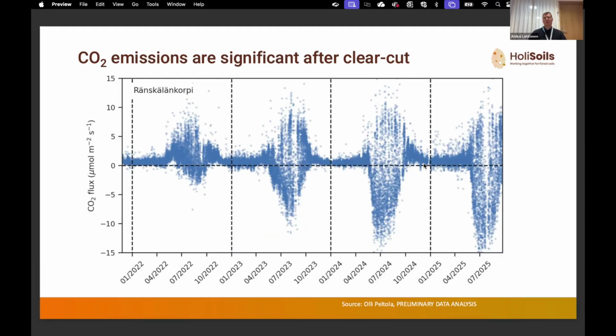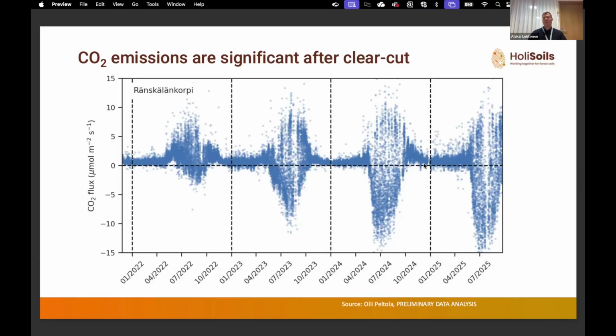Again, most of the dots are above the line, so we are losing carbon, while we have some small sinks there as well. Already in 23, the contribution of sinks has increased. This site was planted with Norway spruce seedlings, so those are starting to grow, and also understory vegetation has an important role. The site is recovering and it's getting greener and greener and greener.